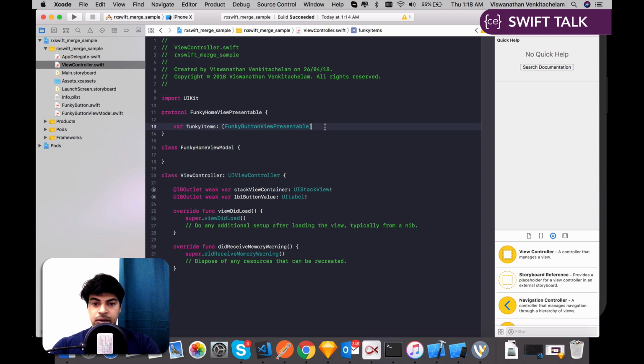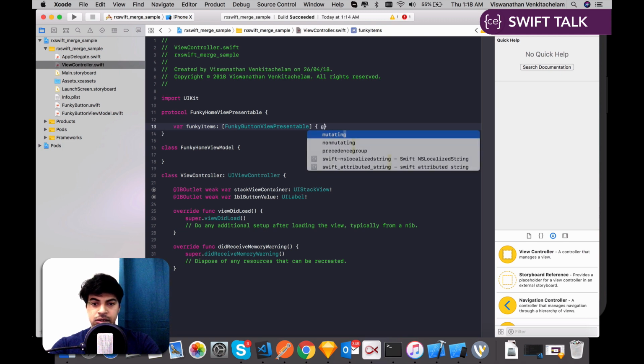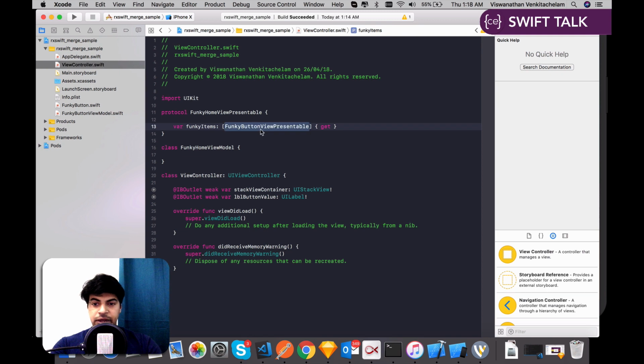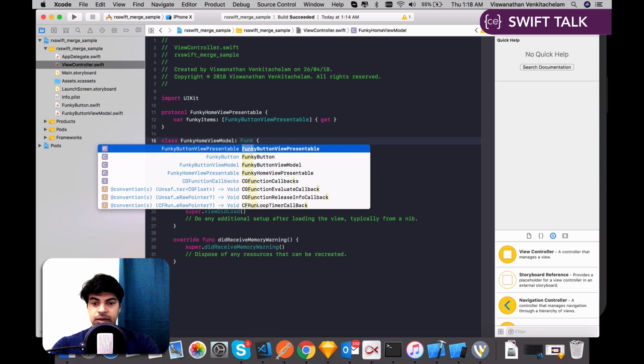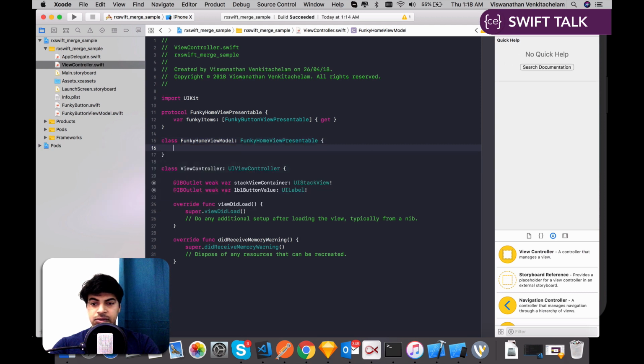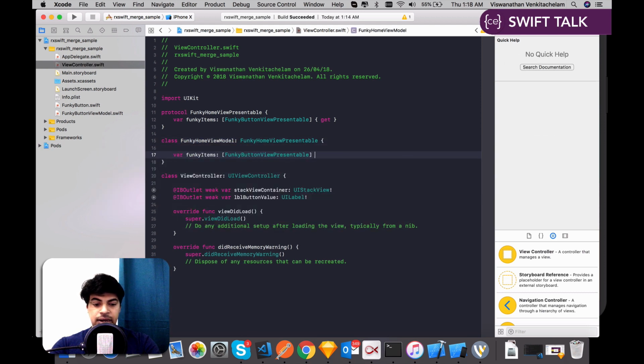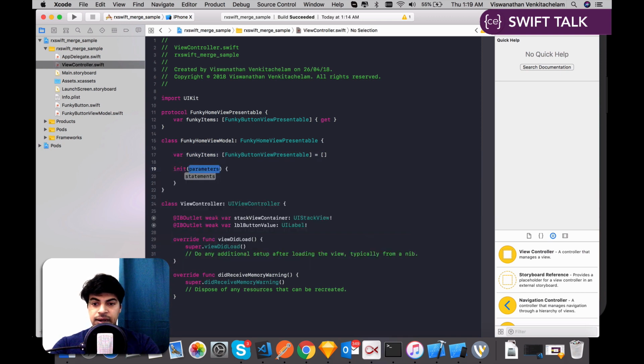I hope I'm not confusing you guys, but then this is pretty simple. When I start configuring, you will see what will happen there. So let this implement this funky home view presentable so that I can create an instance and instantiate that, and within the init